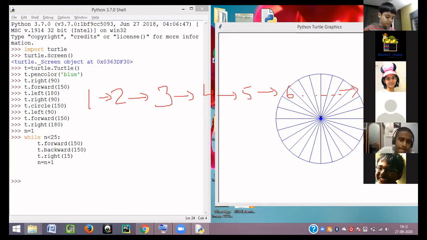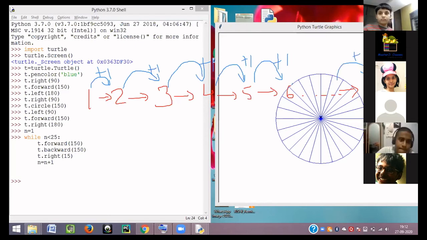In for loop, it's totally different. If you don't put n is equal to n plus 1, then it is going to run forever, just like you can see the forever loop in MIT Scratch. n is the one who's keeping count that I have to go from 1 to 24, like I'm writing on the screen. Now, once your job is done one time, you have to increase your value of n by 1. That means the value of n becomes 2, then 3, then 4, then 5. Till 24 it will work. The moment the value of n becomes 25, it will come outside the loop.